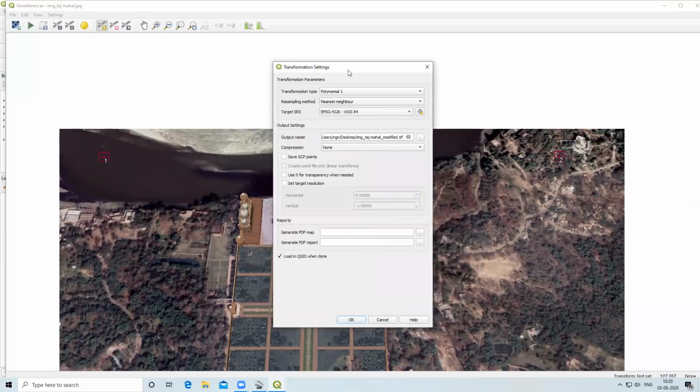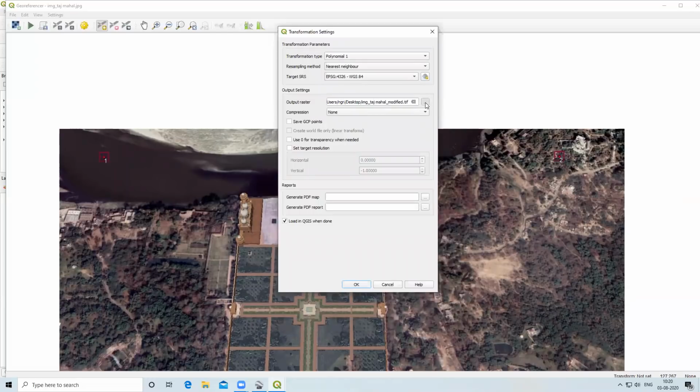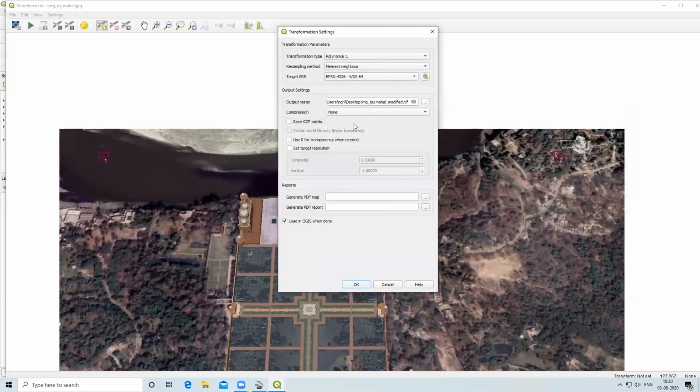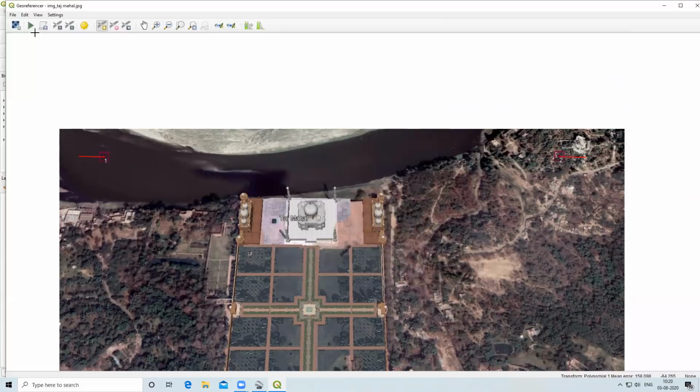OK. Then output raster, I will save it as Taj Mahal modified. Then load in QGIS when done. I will press OK. After that, start georeferencing.